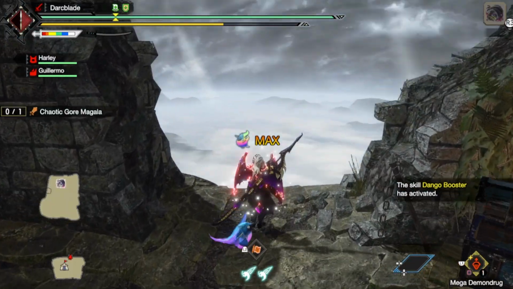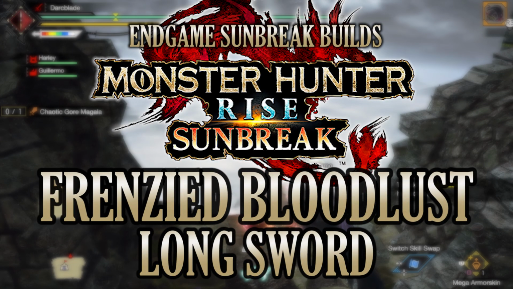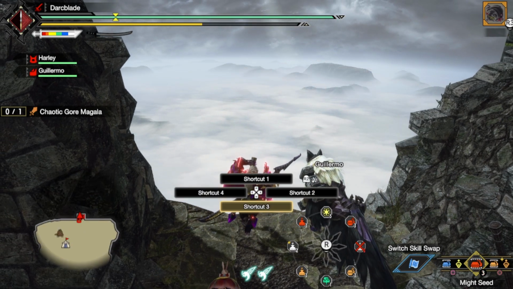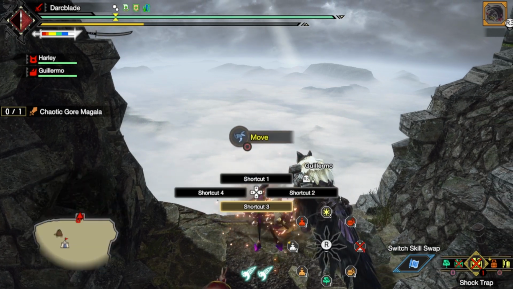In this video, we're going to be bringing you another endgame build, this time for the longsword. Now what is an endgame build? Well, it's a build that is constructed from some of the rarest weaponry, armor and decorations in the game. They also feature curious crafting, but it's not to the extent where all the skills featured on the armor and